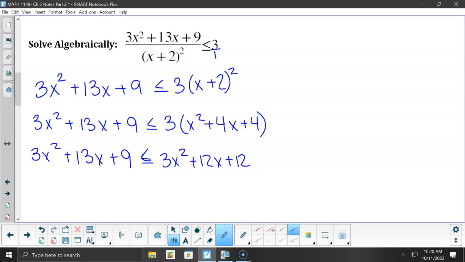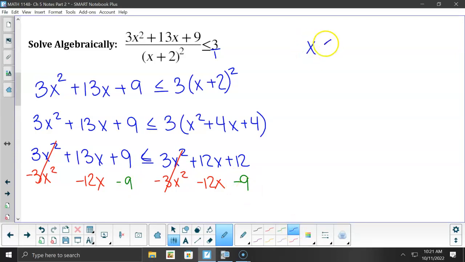Move everything that's just a number to the right. And here's a reason why I recommend doing that. When I subtract off this 3x squared right here, those cancel. When I do it over here, these cancel. Nice. Move my 12x, move my 12x, that gives me a 1. Move my 9. So I end up with